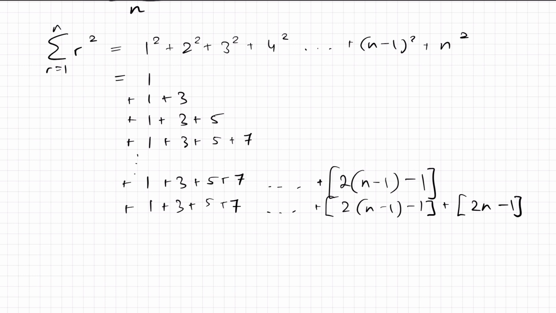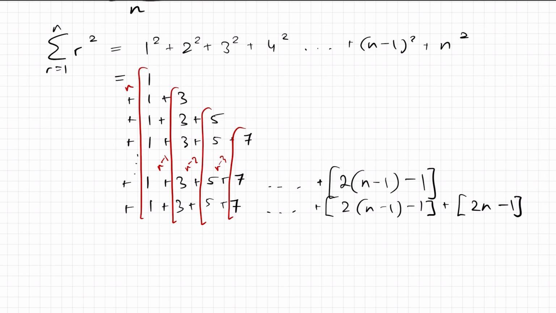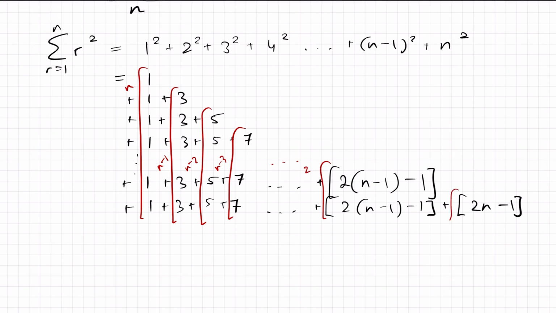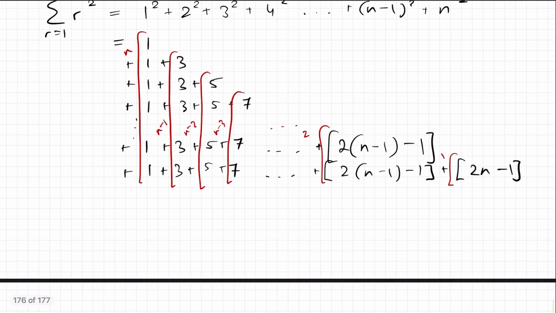And now what we're going to do is we're actually going to sum these columns. So you can see this one column, well, this has n items. This 3 column has n minus 1 items. The 5 column has n minus 2 items. 7 column has n minus 3 items. This continues all the way up to the second last column, which just has 2 items. And finally, the final column has 1 item. So let's rewrite this sum again